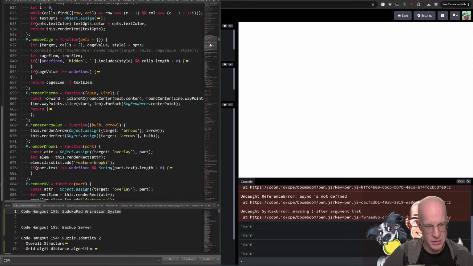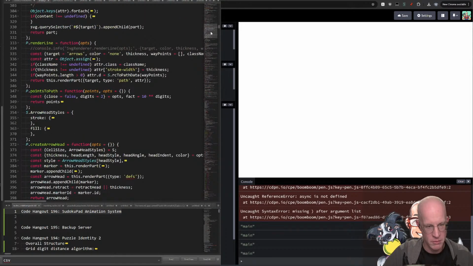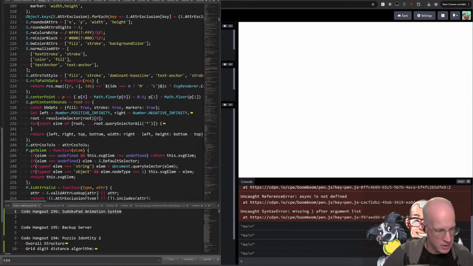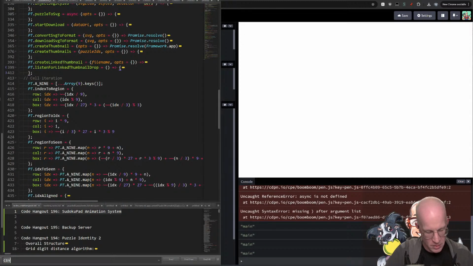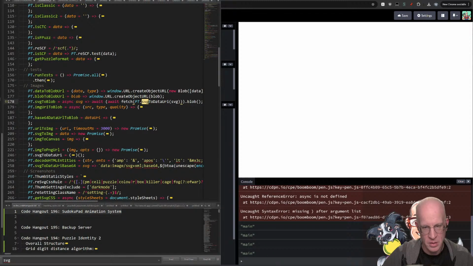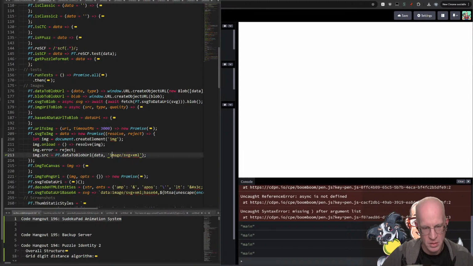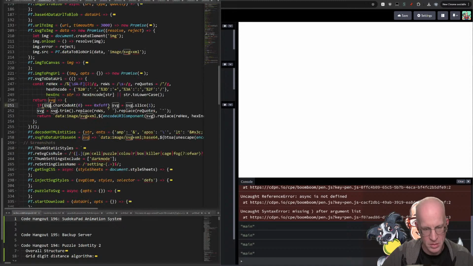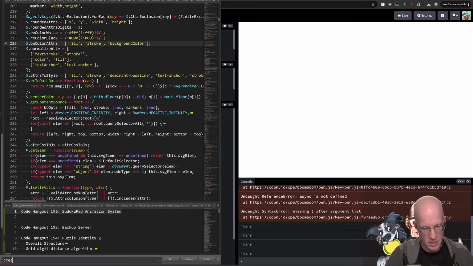So if I go straight to the renderer, actually, if I go to the puzzle tools, I go SVG here. I think if I say create namespace element or something like that, create s, create